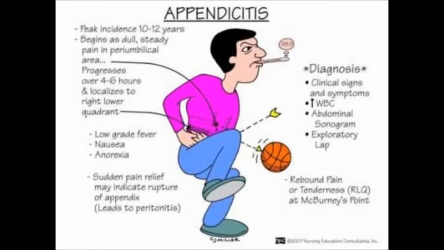Any abscess, like a diverticular abscess or anything in that area, will cause those same findings. So it's classic of appendicitis, but anything that's causing inflammation of the right lower quadrant peritoneum will have pretty much the same physical exam findings, right? So history is important, and then the rest of your exam in a woman,